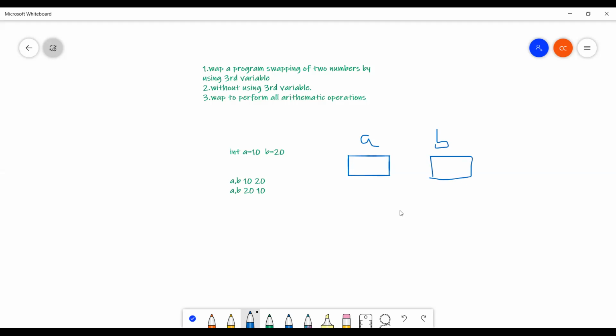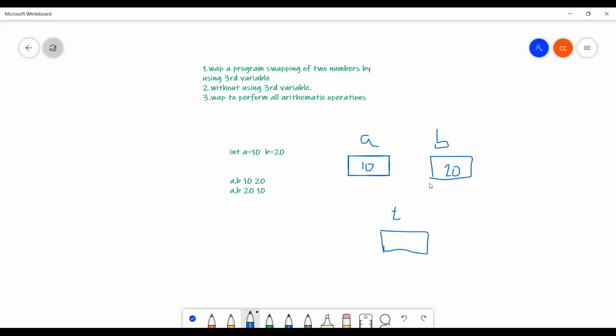I will take one more variable named t. Assume t is a temporary variable. Assume a value is 10, b value is 20. By using the temporary variable, how to exchange the values, how to swap the values, that is our concept.